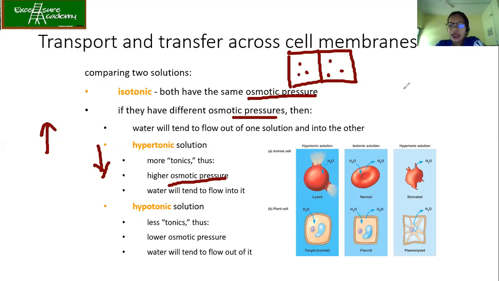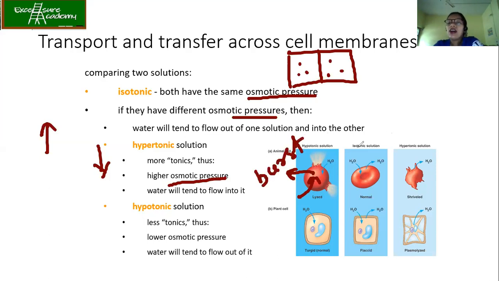Let's see the example over here. You have the hypotonic condition, which means you keep the RBC or any animal cell in the hypotonic solution. Here you need to understand that outside the cell, the solute concentration is less and water concentration is high. So what will happen? Water will move inside of the cell, because water moves from higher to lower. And what will happen? Before reaching its equilibrium, the cell may burst.